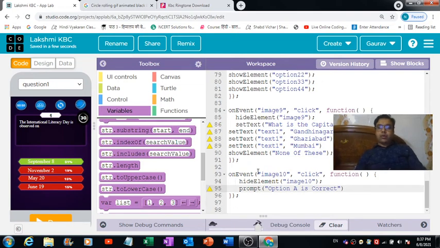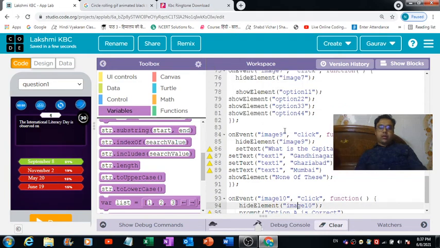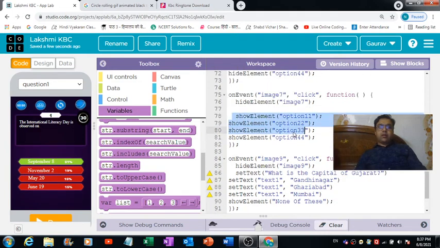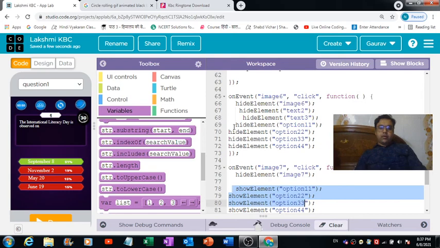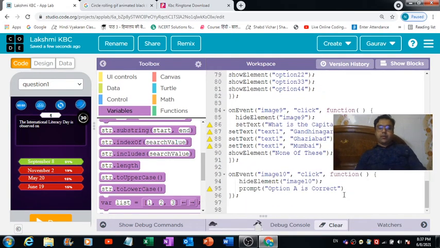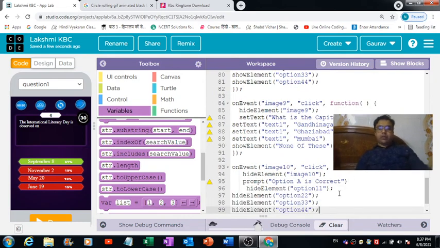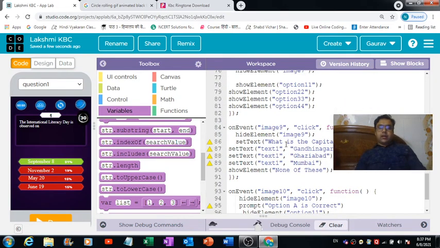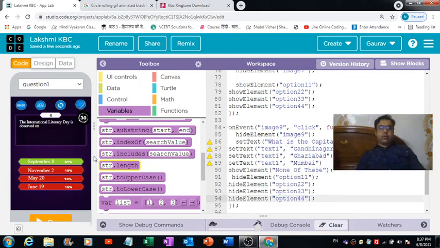So that's how you can give an option to the user, that's how you can help the user in this game. And we can put this code also here, and here also we can put this percentage code.